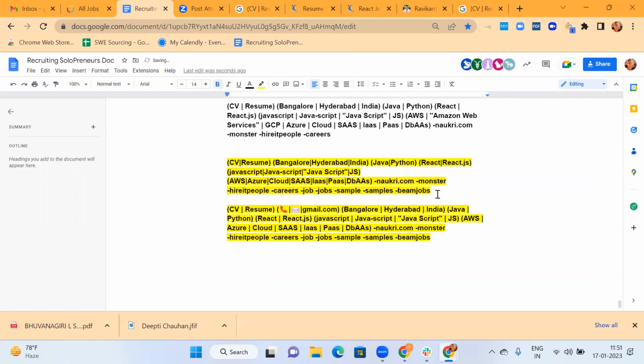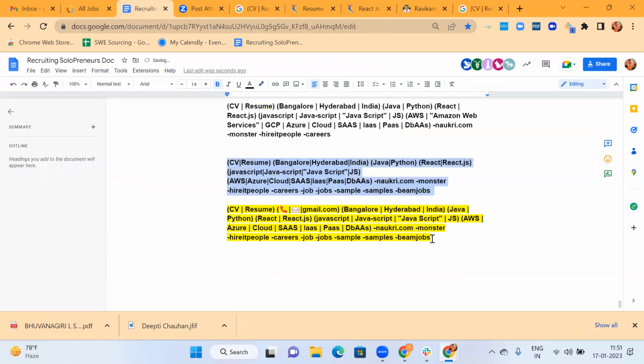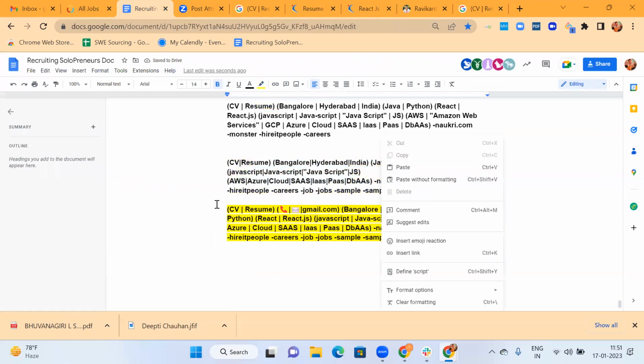Any doubts on how to use not and keywords? Keywords don't necessarily mean only alphabets. Keywords can also be emojis, emotions, or some images.